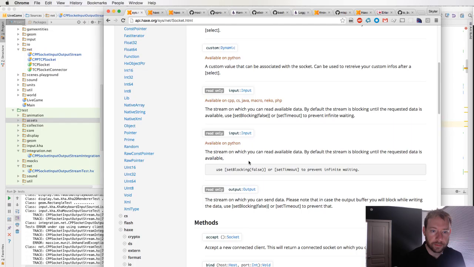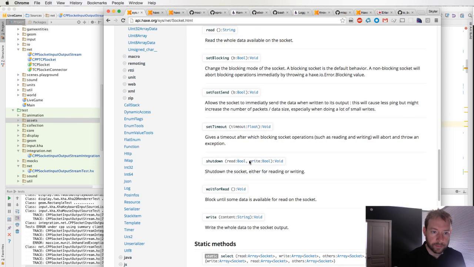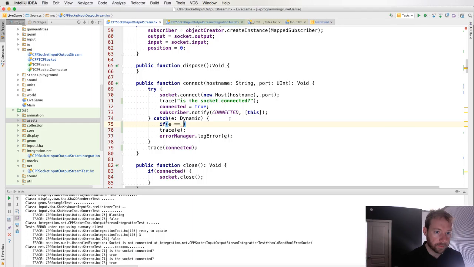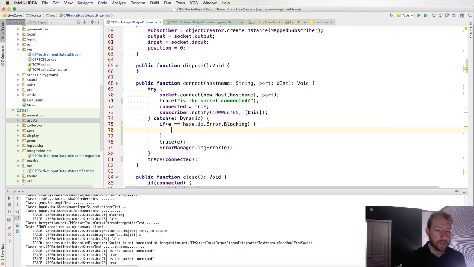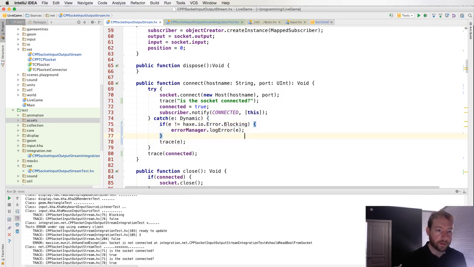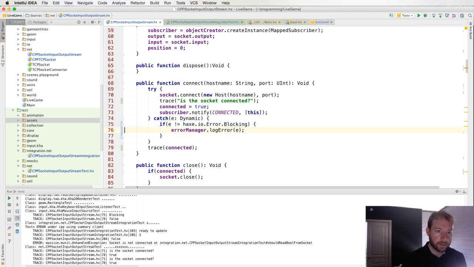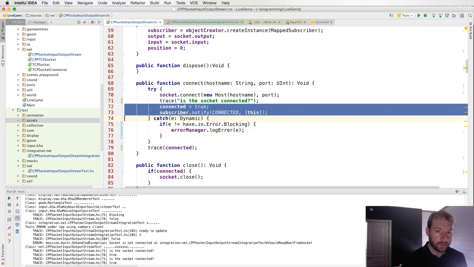So hex IO blocking. If it's not equal to that, log the error. Otherwise, we're going to